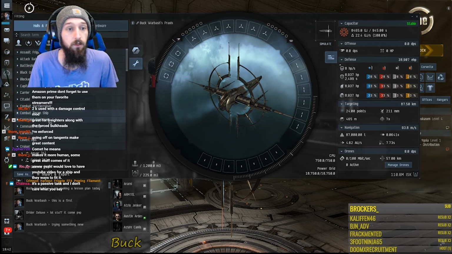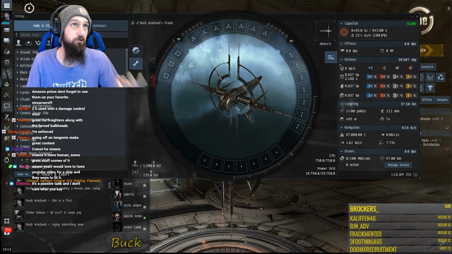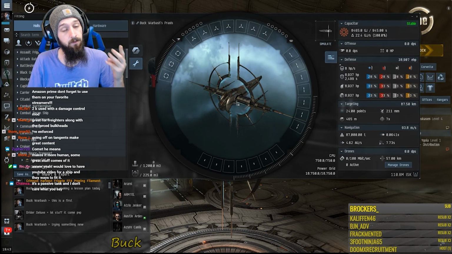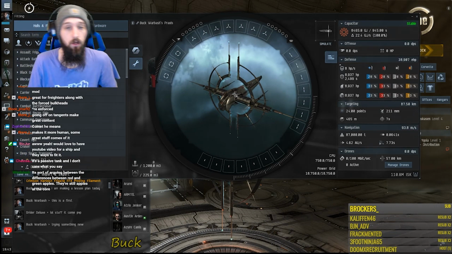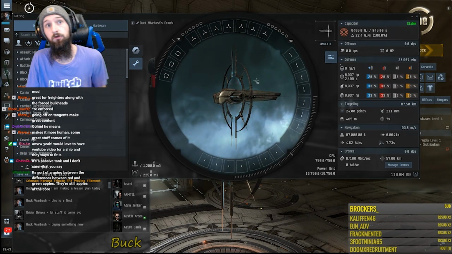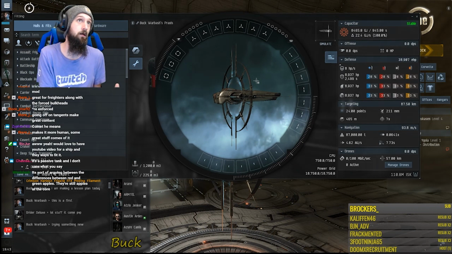And the third is remote repairs, and they exist for all three: armor, shield, and hull. And they can be really powerful. These are normally tied in with fleets. We have